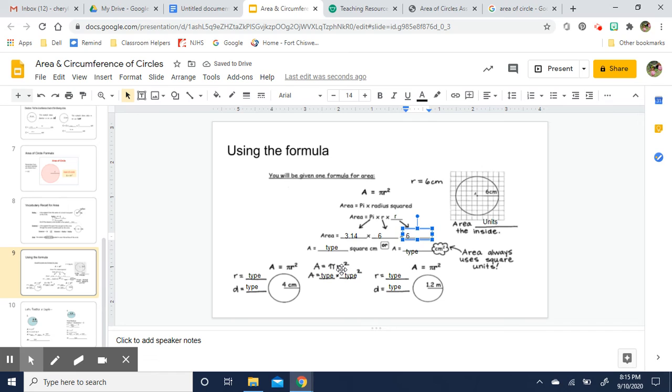So area is equal to, what we want to do now is using your calculator, you say 3.14 times 6 times 6, and we get 113.04. You should be following this by checking me on a calculator. So again, we get 113.04